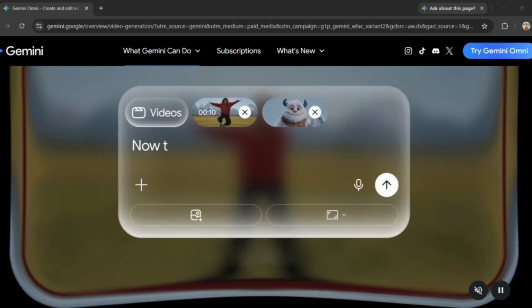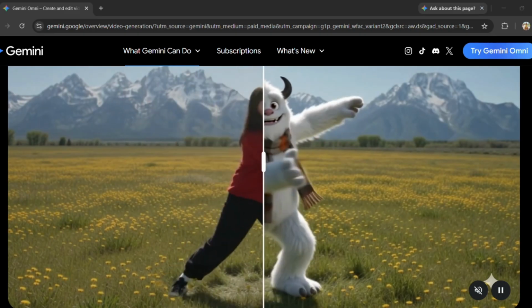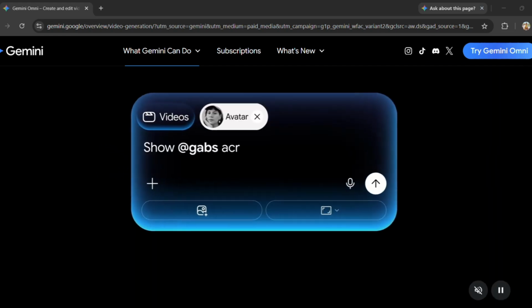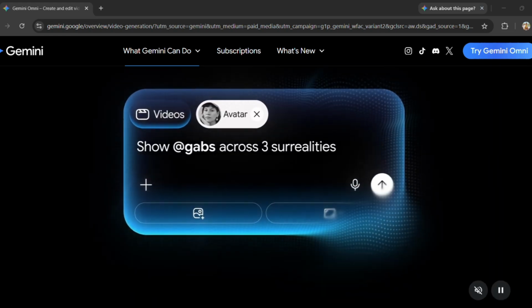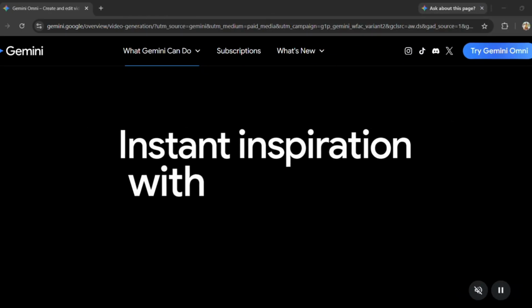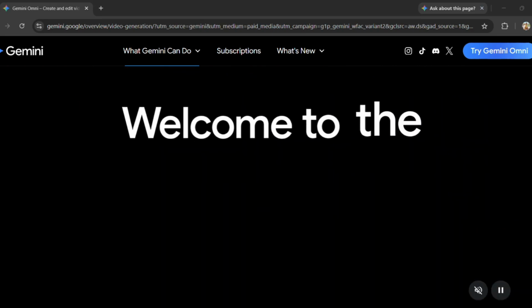I honestly didn't think this would work. I've tested a lot of AI video tools over the last year. Most of them are impressive for 5 minutes, then reality hits. The videos look fake, the acting feels weird, and nobody would actually use them in a real ad campaign. That's why I was skeptical when I heard people were creating UGC style ads with Google Omni.